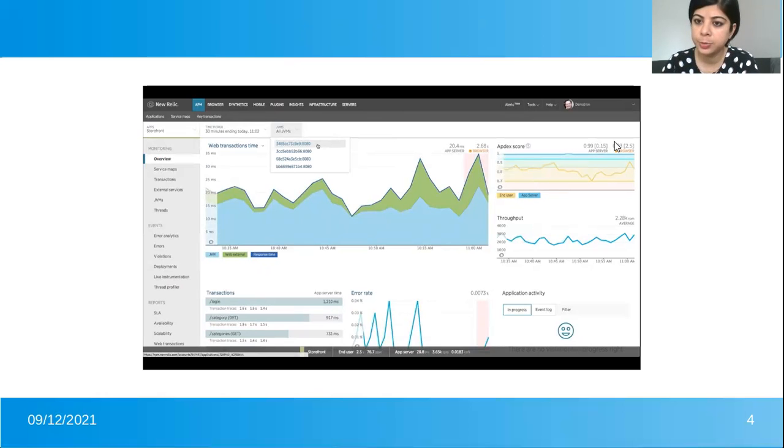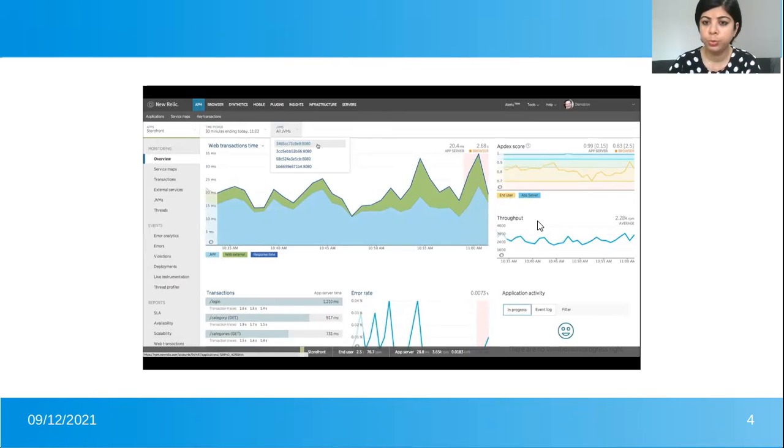This application is expected to perform in 0.15 millisecond, and the value outside this bracket shows the percentage of how much the application is reaching the threshold. So here we can see the app server is reaching almost 99% of the threshold value. So this is what the Apdex score shows.